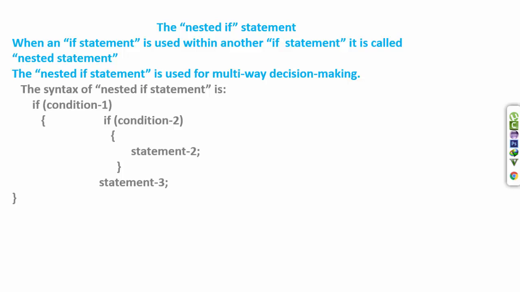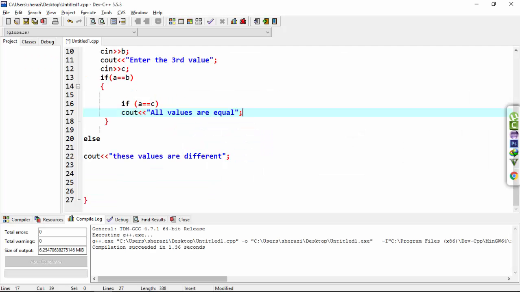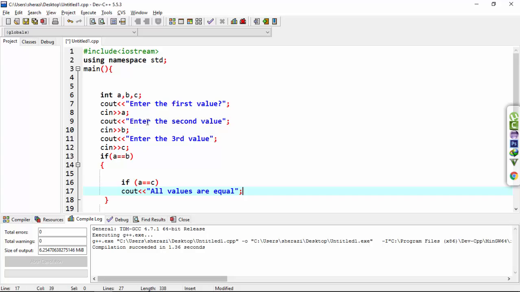Now let's make a program. In this, I take three integer values from the user and make three variables of data type int, in which the user will enter the first value, second value and third value.